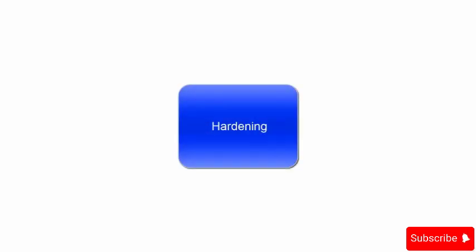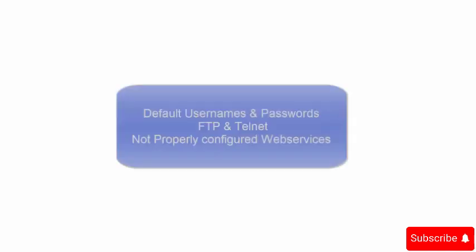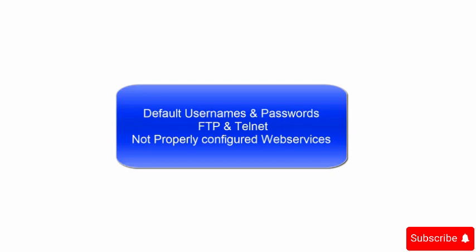Securing Windows is vital for any company or organization's IT infrastructure. With its widespread adoption in homes, organizations, and businesses, understanding how to protect and update the operating system becomes paramount. Implementing best practices for securing Microsoft Windows is crucial for safeguarding valuable assets and ensuring the integrity of an organization's digital environment. In this course, you will engage in the process of patching a Microsoft Windows system to address various security related issues. These issues may range from default usernames and passwords to vulnerable protocols like FTP and Telnet, as well as inadequately configured web services.